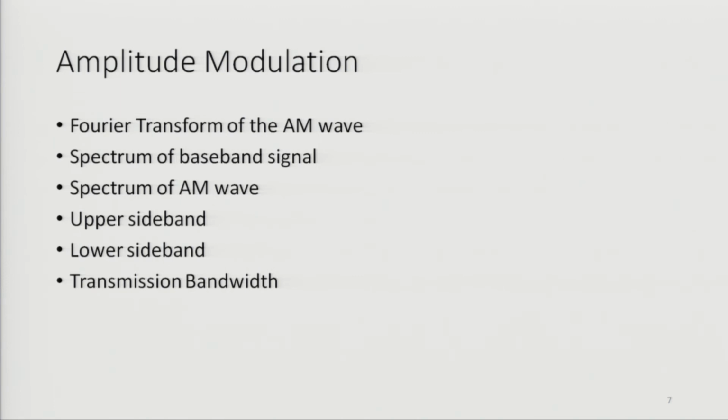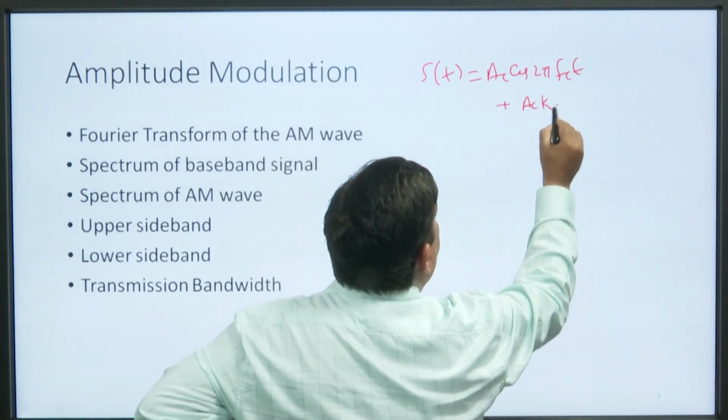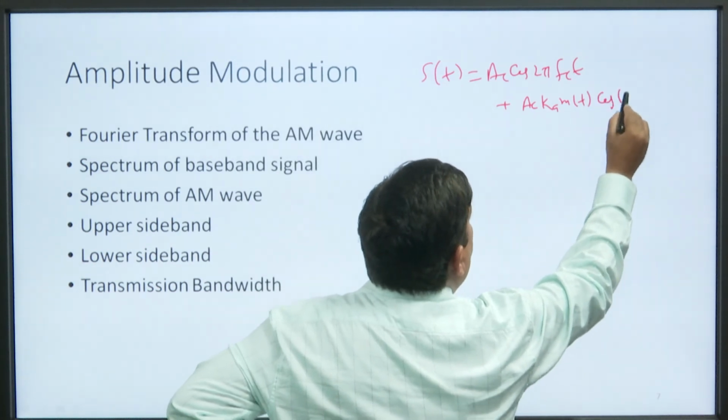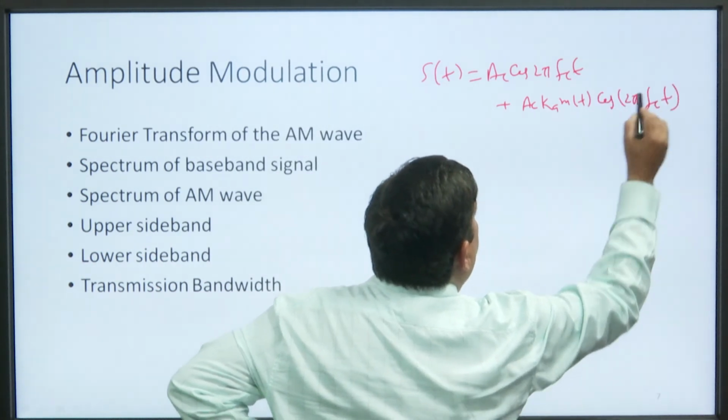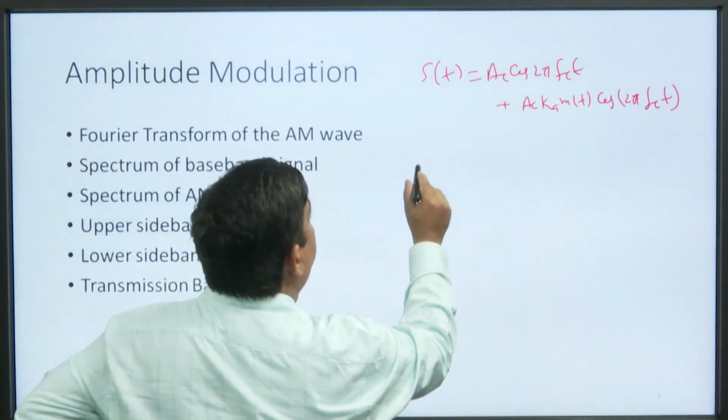Next is amplitude modulation, the Fourier transform of the AM waveform, the spectrum of the baseband signal. We can see s(t) was given as Ac cos 2 pi fc t plus Ac ka m(t) cos 2 pi fc t. If we find its Fourier transform,